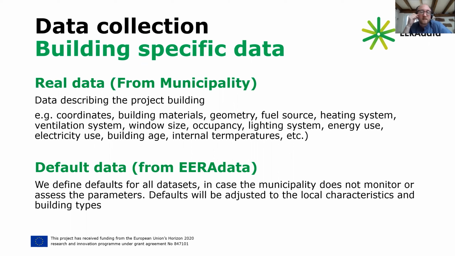If we don't get the data from them, we use default data from our data sets, which is data sets from other municipalities, other projects, as I mentioned, statistics that we have, or projects like Tabula, where they assign a lot of building characteristics to the specific regions and building ages. So we fill the gaps that we encounter in the whole process with our own data. This is the process. And then additionally, we have the data which is available and necessary for the calculations that we're performing, of course.